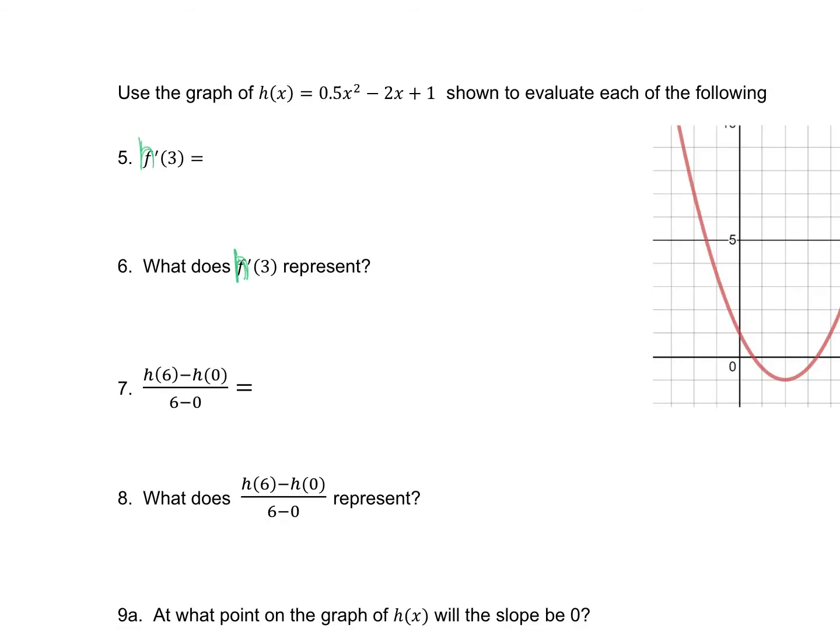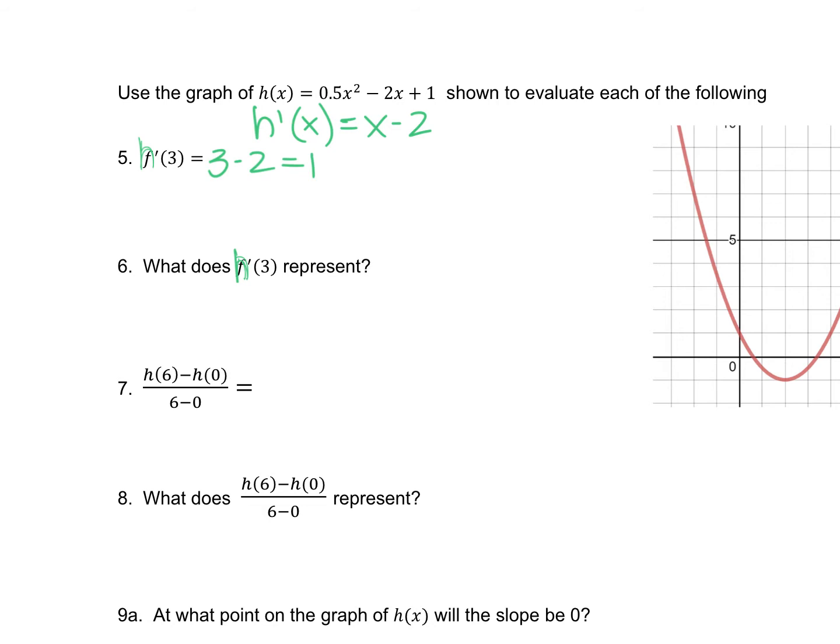All right, so first I'm going to find the derivative, h prime of x. What do we get for our derivative? X minus 2. We all okay with that? Therefore, h prime of 3 is 3 minus 2, or 1. So,